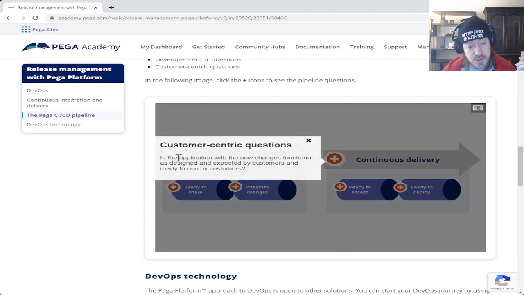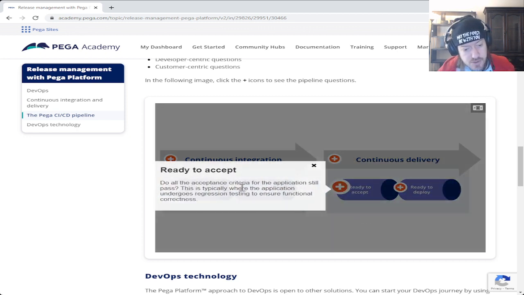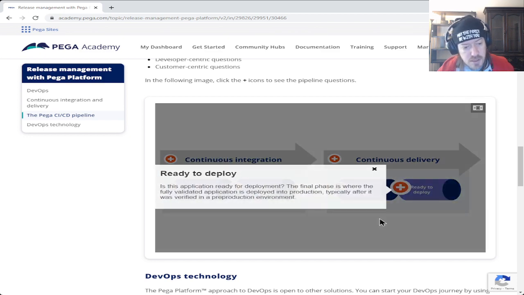Customer centric questions: is the application with new changes functionality as designed and inspected by customers and ready to use by customers? This should be in, that should also be in continuous integration. Or at least something similar to it should be in continuous integration. Ready to accept. Do all the acceptance criteria for the application still pass? This is typically where the application undergoes regression testing to ensure functional correctness. Is this application ready for deployment? The final phase is where the fully validated application is deployed into production, typically after it was verified in a pre-production environment. Okay,